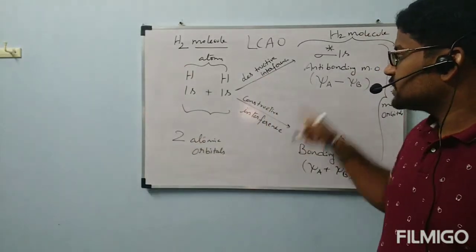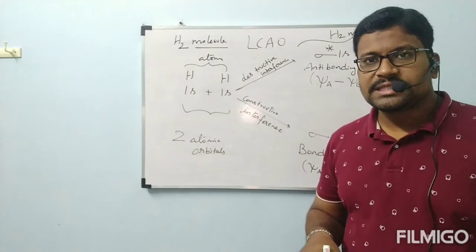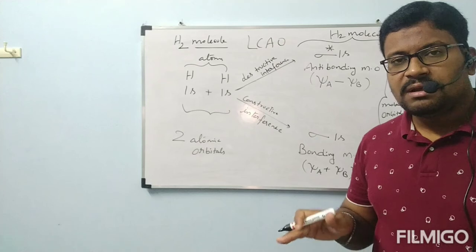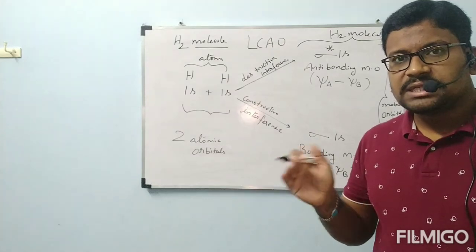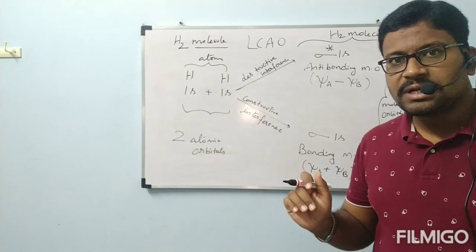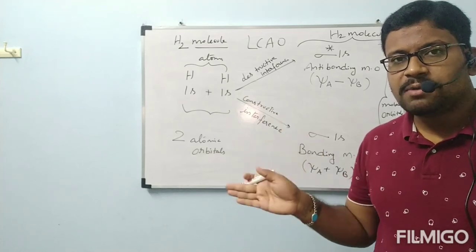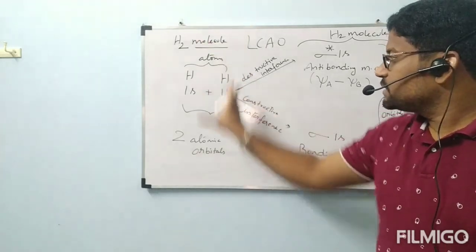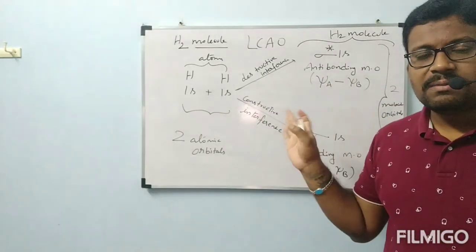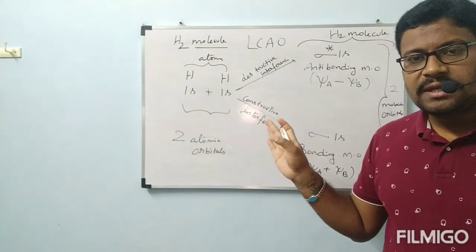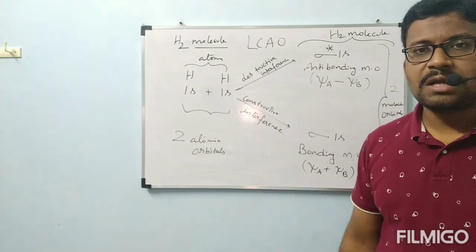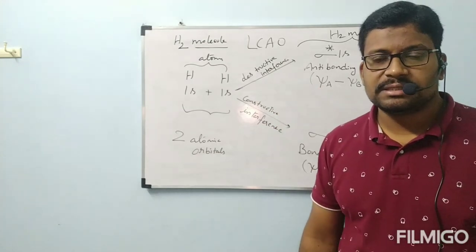I think today's class is very clear for you. In today's class we have seen two types of interference, the result of constructive interference and the result of destructive interference. The molecular orbitals formed are bonding and anti-bonding respectively. This representation of the H2 molecule is also a nice representation, so better to remember it carefully. In next class we will take many molecules as examples and write molecular orbital diagrams.